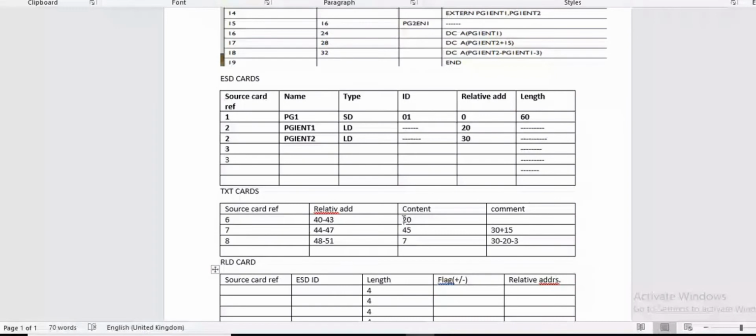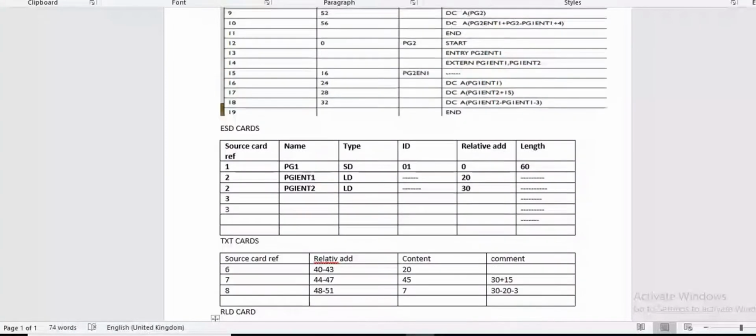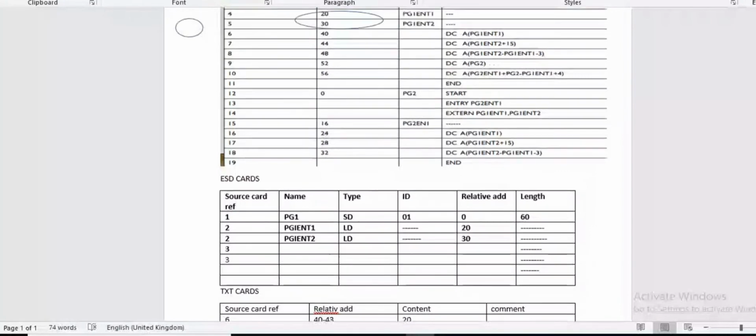Now, here is the first DC content, A in bracket PGIENT1. What is the relative address for PGIENT1? The relative address for this is 20 and the ESD ID is 1.